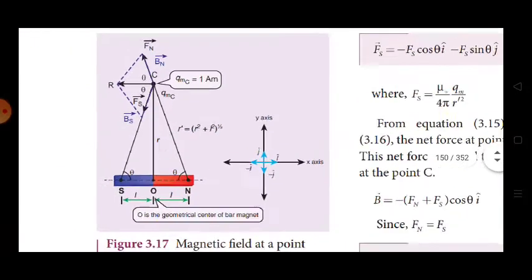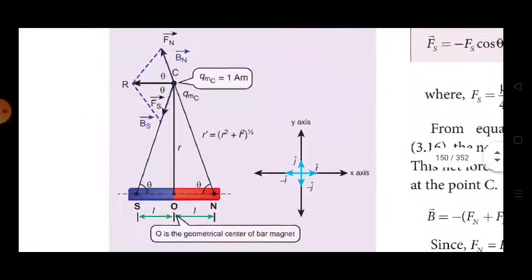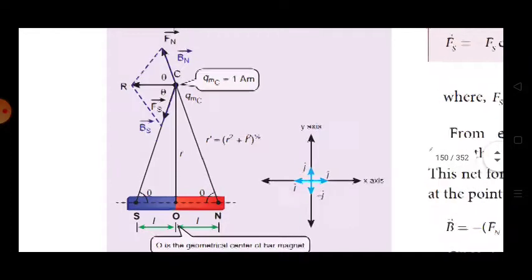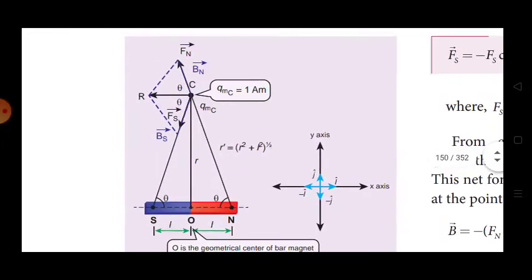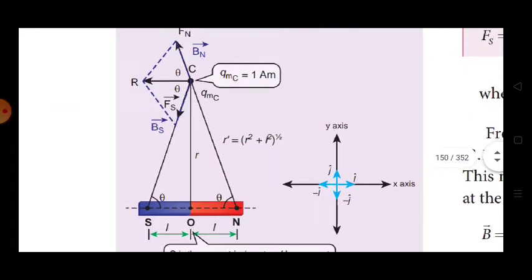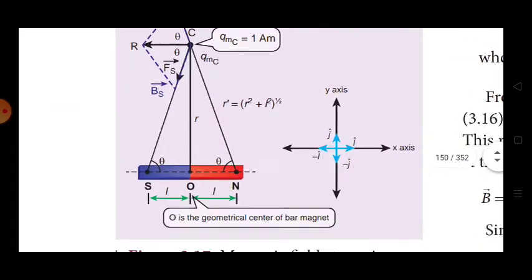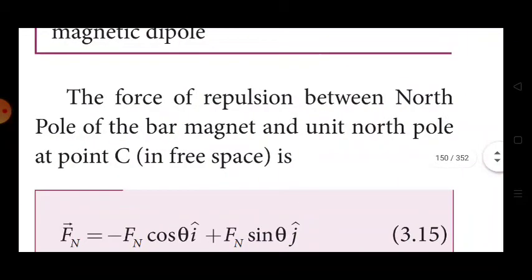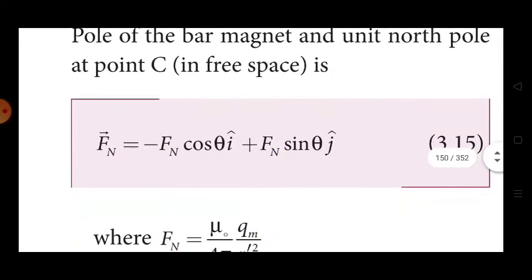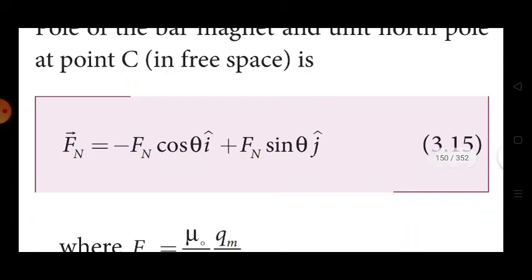See the diagram very clearly. Draw the diagram when you study this question and take practice. So therefore, the force of repulsion between the north pole of the bar magnet and the unit north pole at the point C in free space is, we can get derivative 3.15,